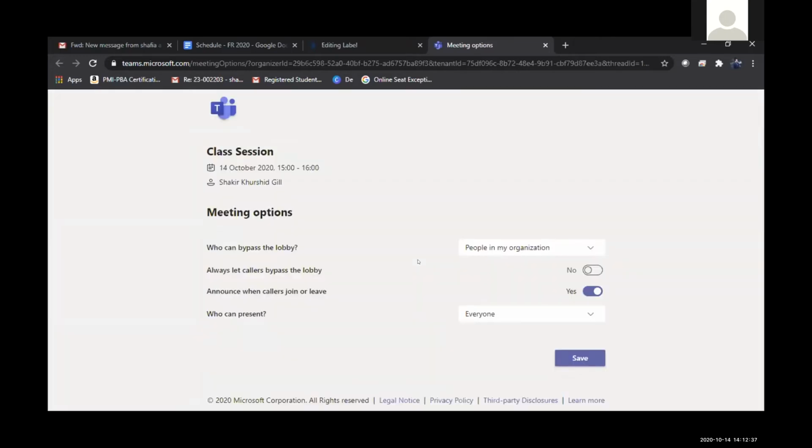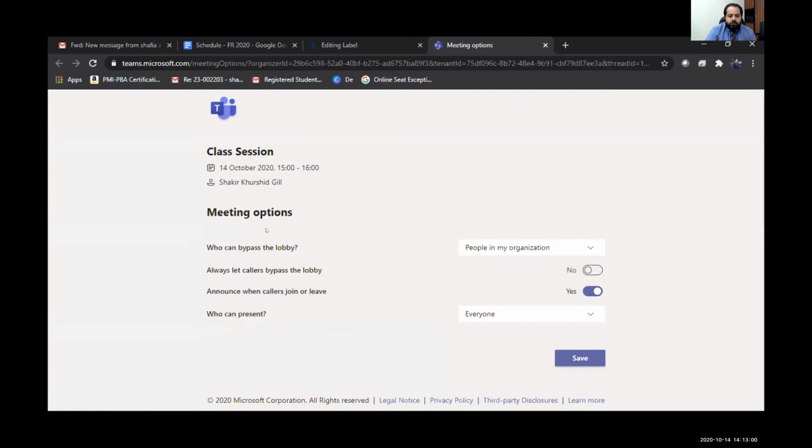Shakir, just a quick question. Yes. Somebody said, do we have to create this again and again, every time we want to do it for every class? Naturally, they will have to do it every time they put up their class, because the class schedule will be on different days for different people. So they would need to put in a schedule for each.